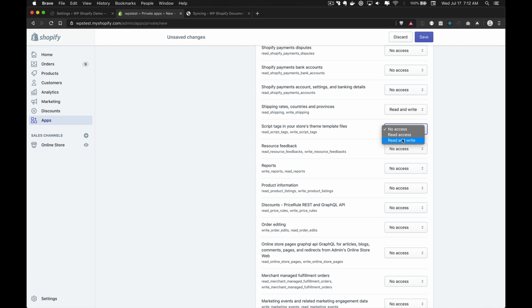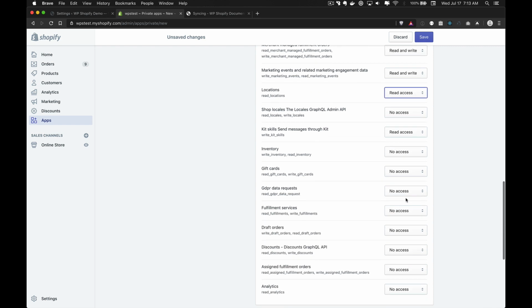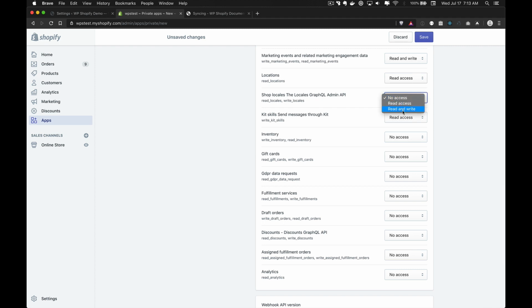Script tags, read and write. Resource feedback, reports, product information, discounts, order editing. And this is simply setting all of these allows the plugin to read all of your product data, essentially. Online store pages, read and write, merchant managed fulfillment orders, read and write, marketing events. You can keep locations to read access, set locales, read and write, kit skills, read and write, inventory, read and write, gift cards, read and write,